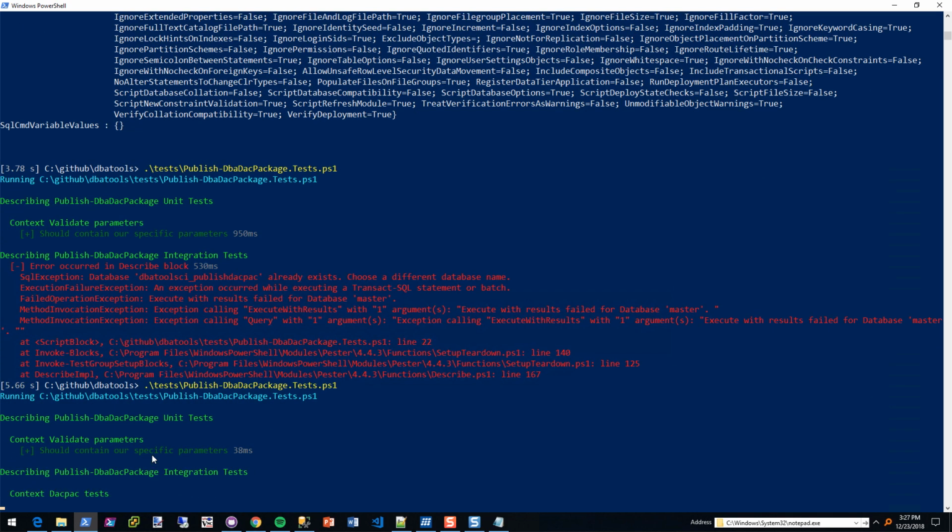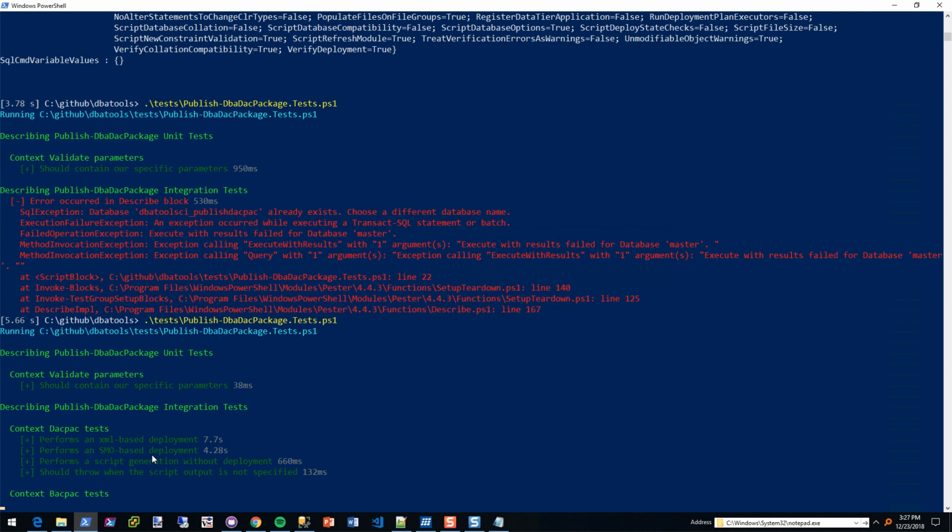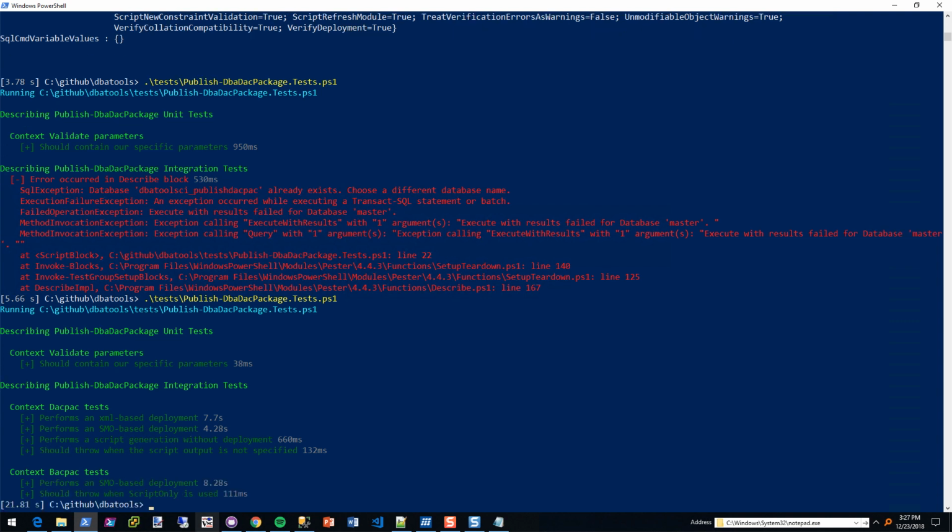Now if we do this, it's going to be all green again and our environment will be nice and clean. I need to check my sound preferences real quick.